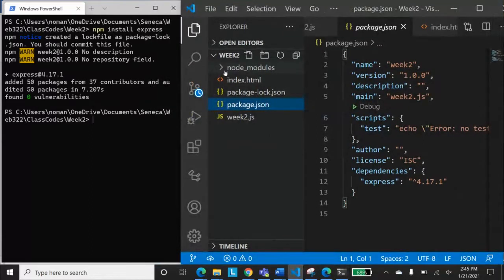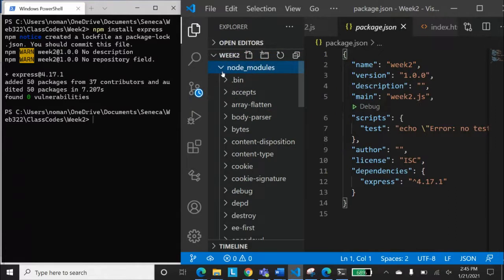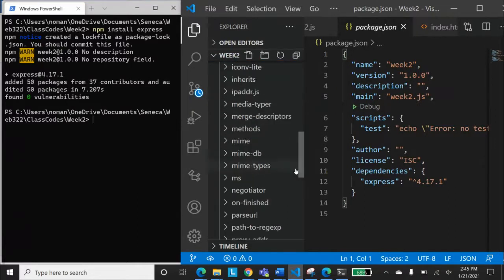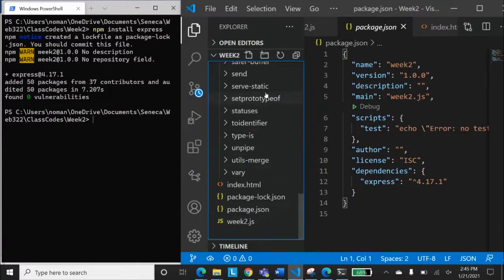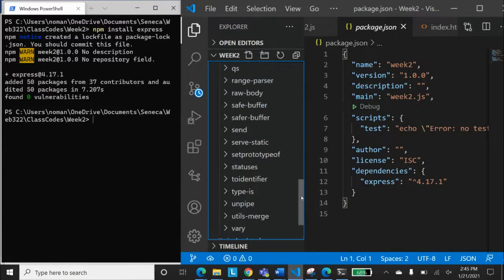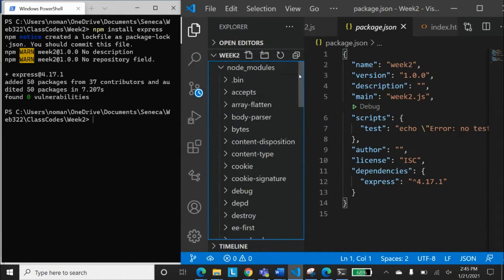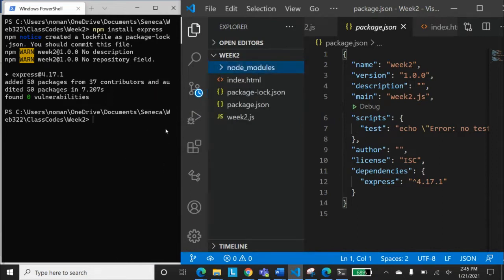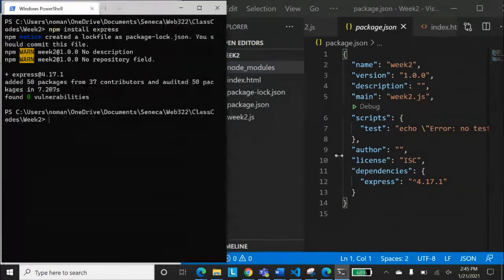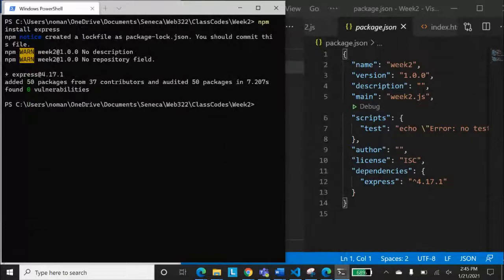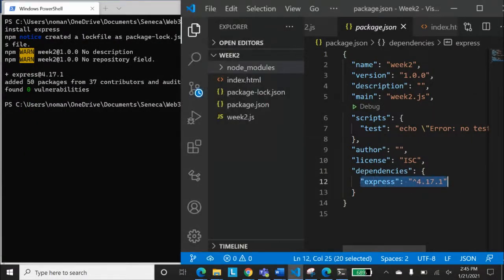you see that the node_modules folder has also appeared when we started it. All those dependencies have been installed, and these contain all the information that we need. All the things that we have used, it has installed over here. So now this Express server is running for us, right? And how do you know? We see that dependencies have added Express 4.17.0 or whatever version into it.